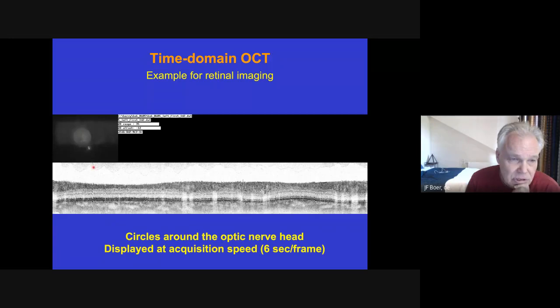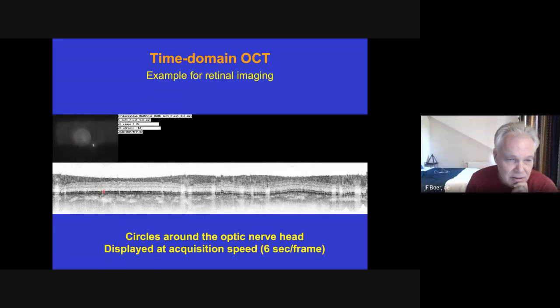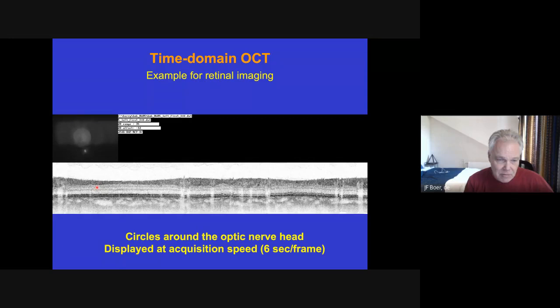And what you also see is an OCT beam, that dot there, and following it, that makes circles around the optic nerve head, and every time it has completed one circle, and that's about when it's here, you see an update of the image below. And this is a cross-sectional image of the retina. Where my laser pointer is the top layer, and then you go into depth. This is a nerve fiber layer, inner plexiform layer, inner nuclear layer, outer plexiform layer, outer nuclear layer, photoreceptor layer,